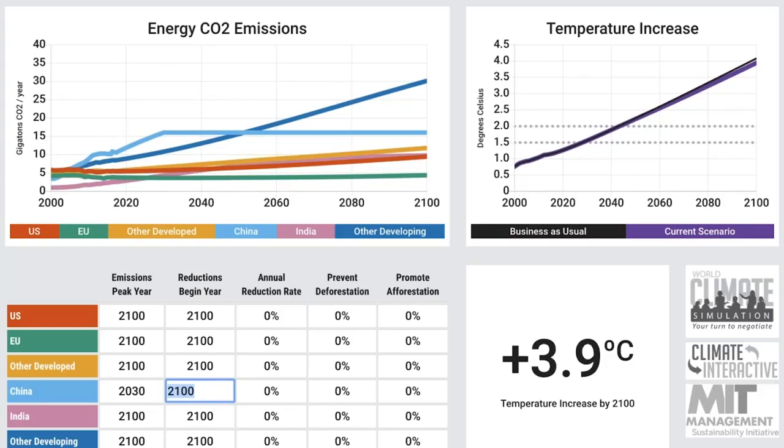Both are helpful. We play both games when I lead my students through an experience with addressing climate. First, we play World Climate to understand the international dynamics. Then we play the Climate Action Simulation and the En-ROADS workshop to understand the solution dynamics. Both are helpful, they're complementary, and all the materials are on the website.